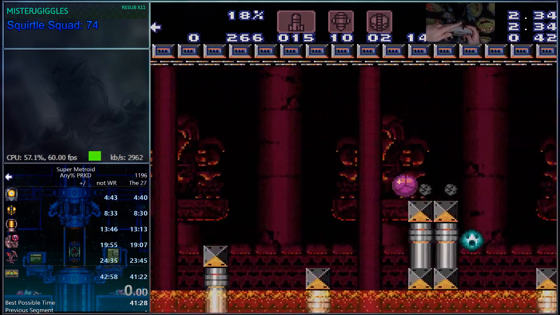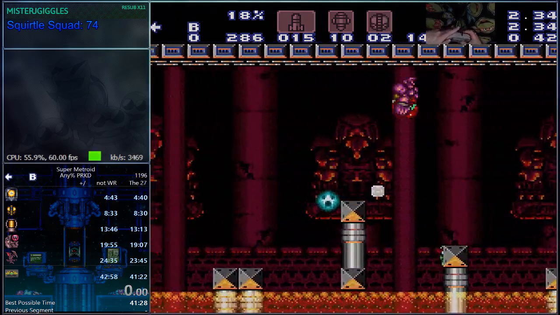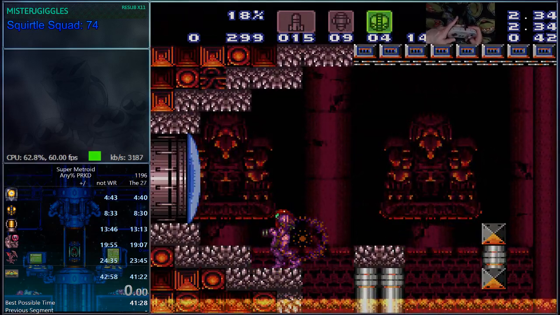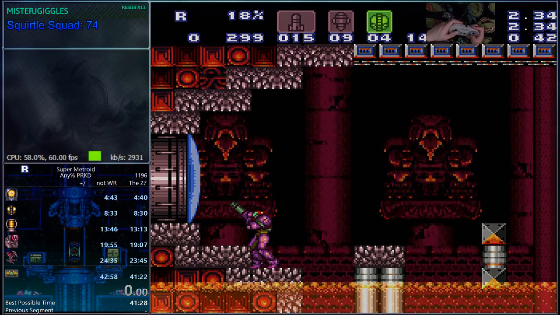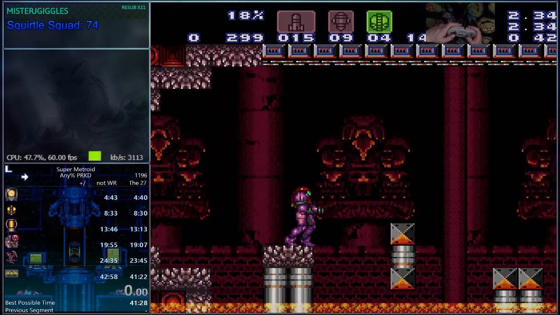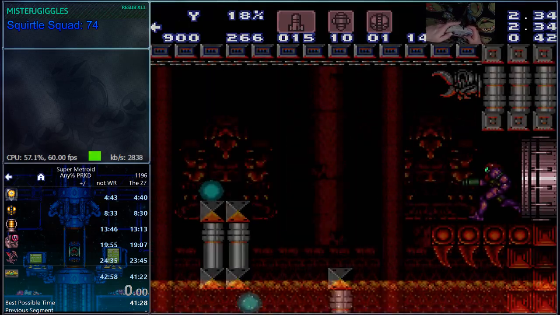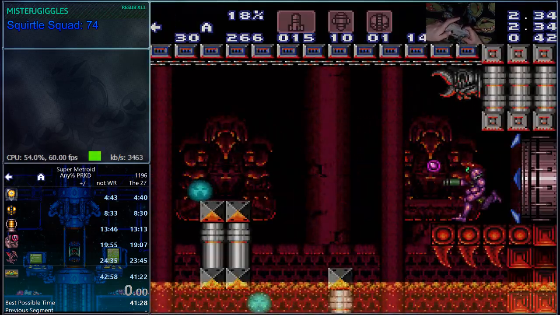You can also wait and collect the super from that viola if you missed it right here. Basically, when you shoot the super to the eye door, it'll knock the viola off the platform, and then it'll start crawling up this platform. So you can shoot it and collect the super that way. It's a little slower, but...